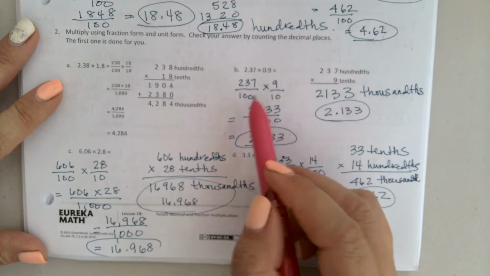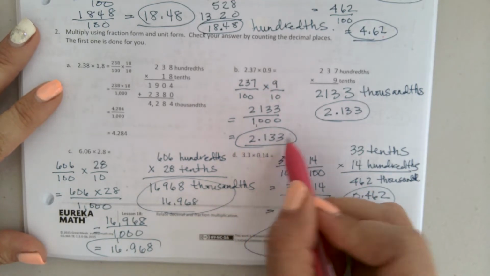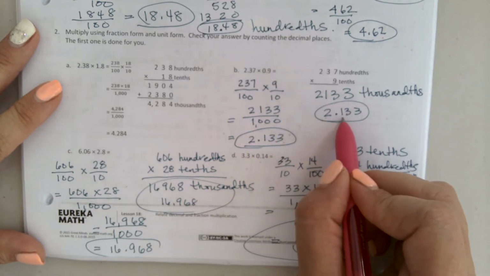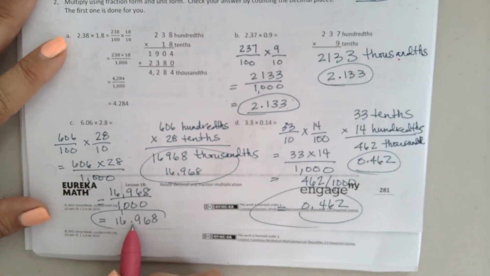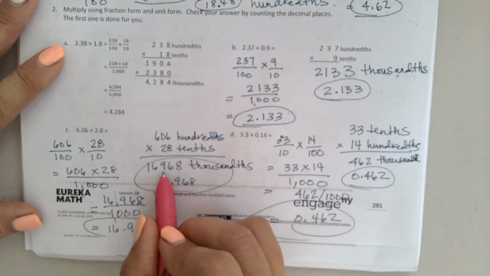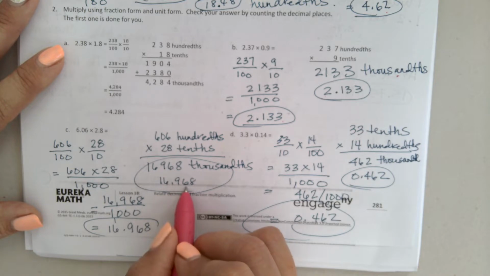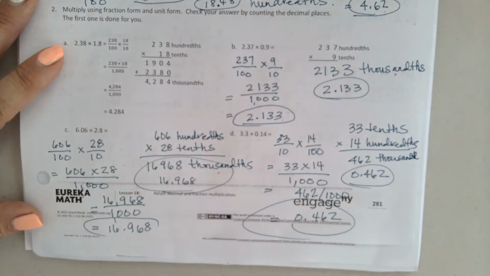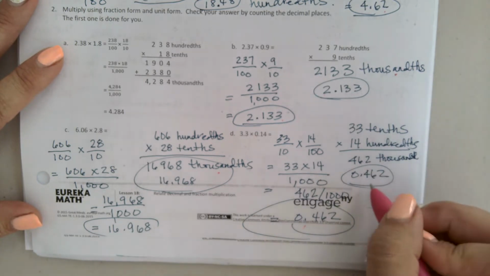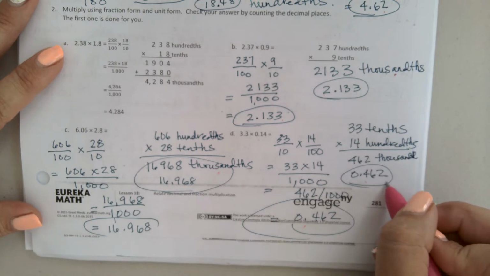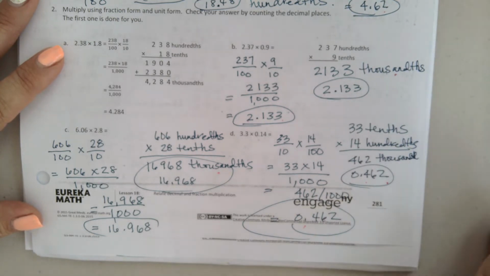Okay. Right here, 2.133, 2 and 133 thousandths, right? Then we have 16.968, so 16 and 968 thousandths. Then we have 462 thousandths. So if you need to pause the video, check your work and come back and keep